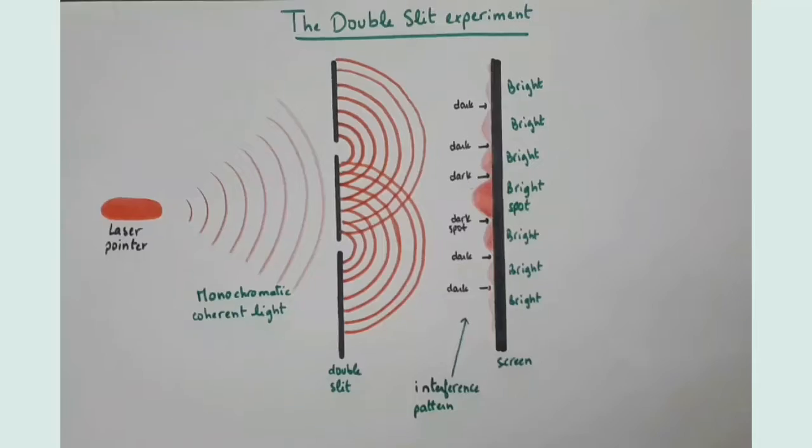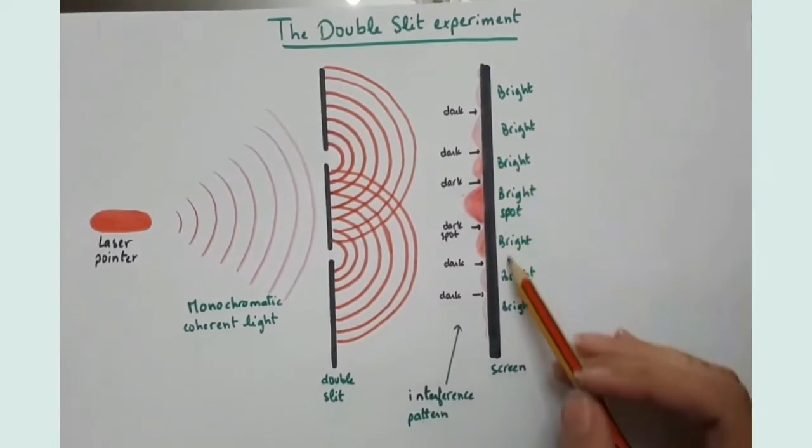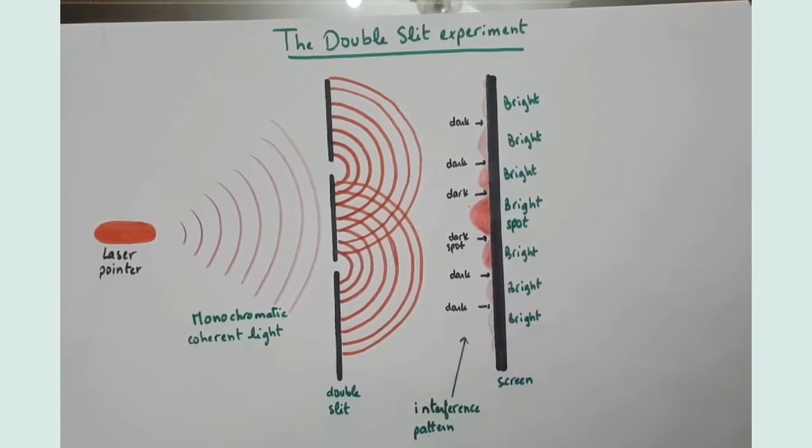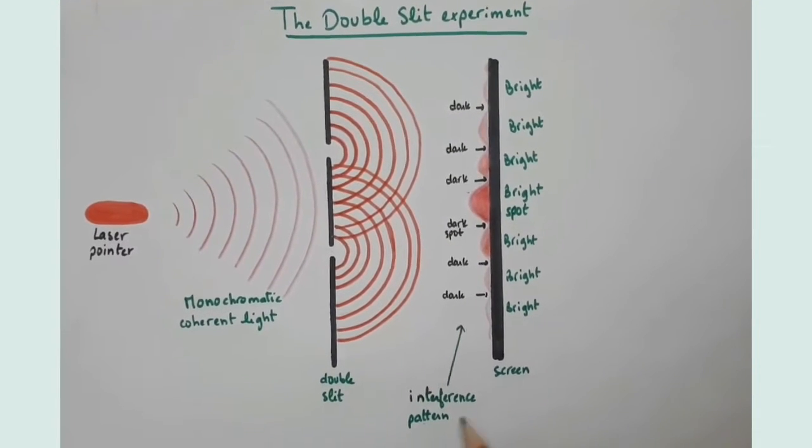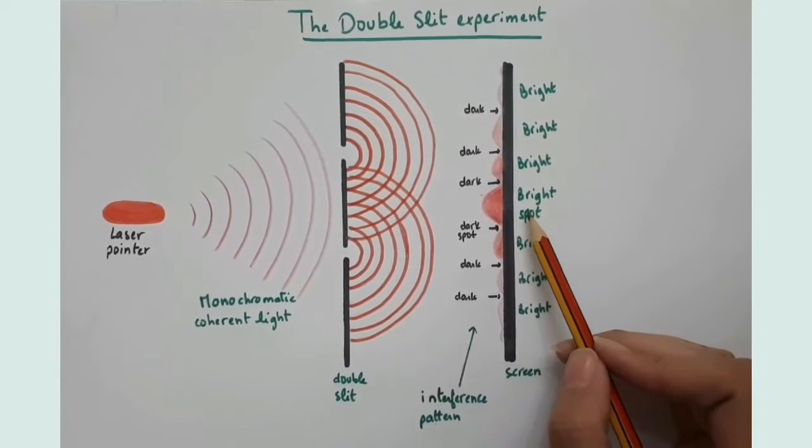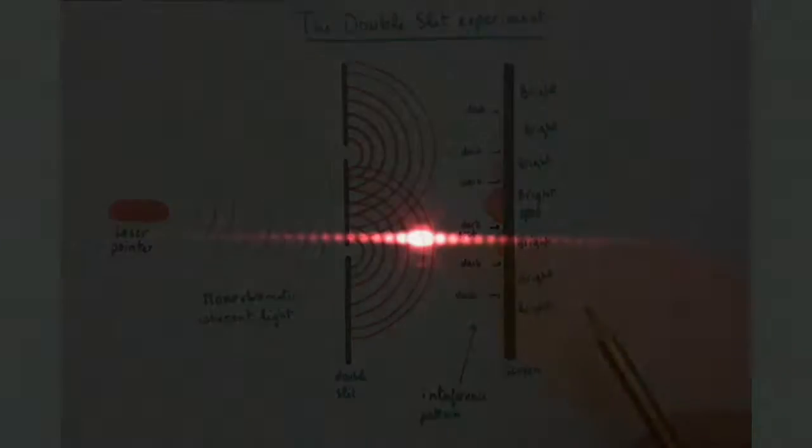His double slit experiment attempts to look at what happens when light passes through a pair of slits, and this is what he found. As you can see, there is a band of light spread across the screen, or as we call it, an interference pattern. So here we can observe a central bright spot, and then a dark one, and so on.